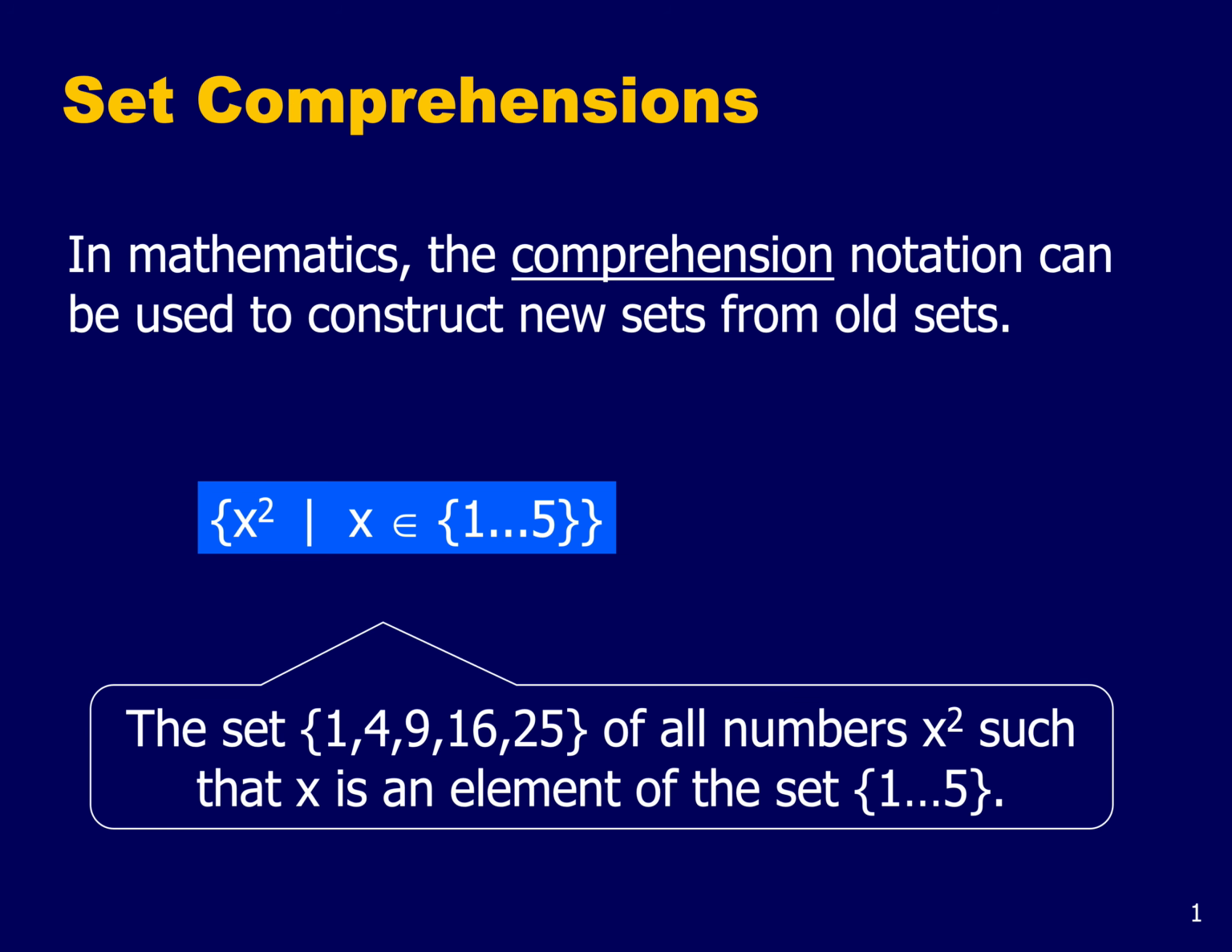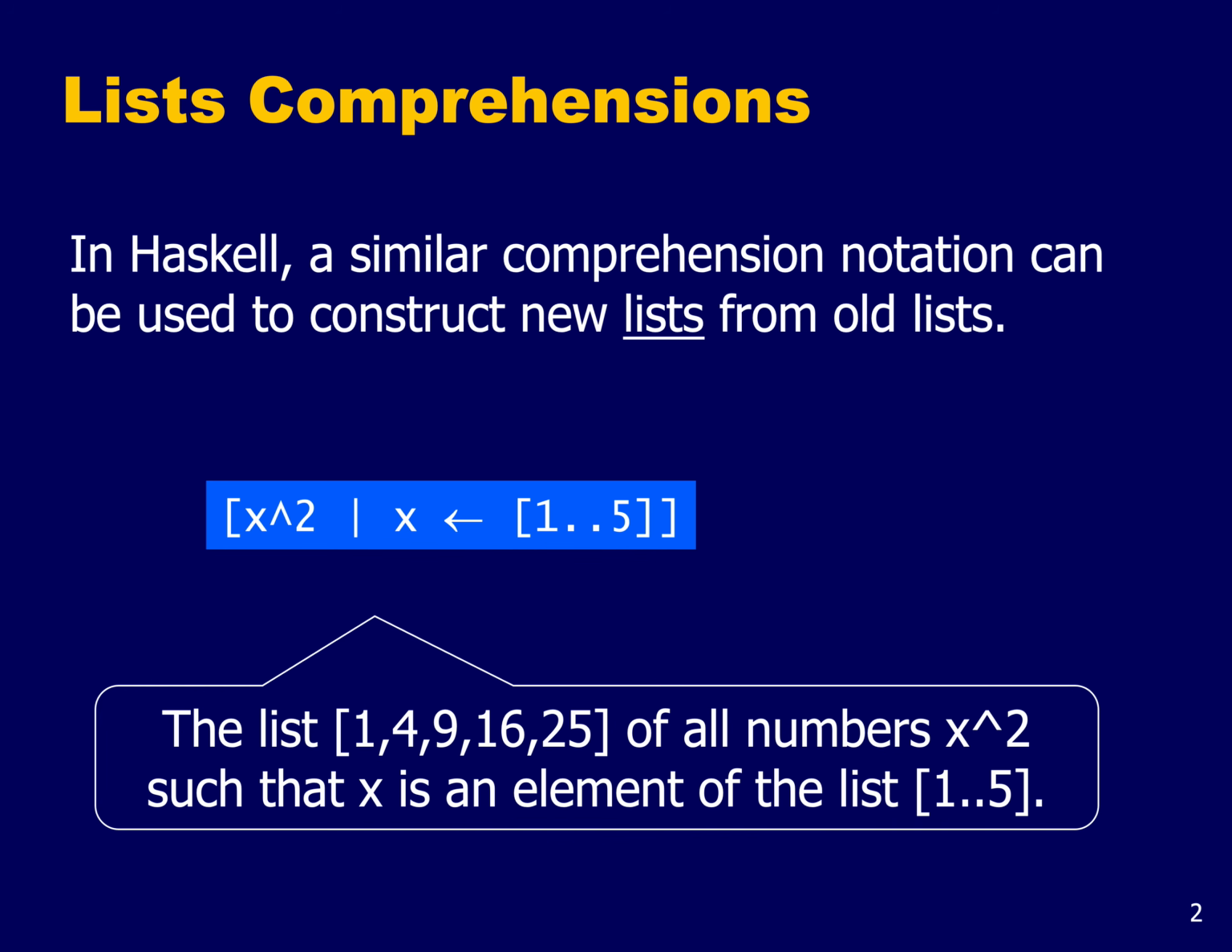So in Haskell, we have exactly the same idea, but for lists rather than sets. So in Haskell, a similar comprehension notation can be used to construct new lists from old lists. So here in the little blue box is the same example written in Haskell notation. We're building the list this time, and we know it's a list because we see the square brackets rather than the curly brackets. So it's the list of all values x to the power 2, so the little hat symbol is raising to the power in Haskell, and then we have the same vertical bar as in set comprehensions, which we read as such that,